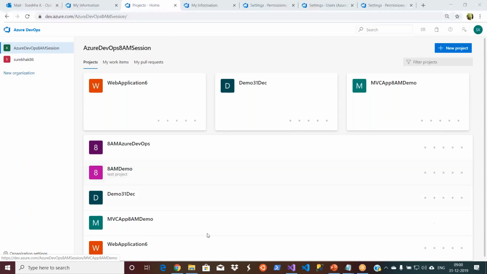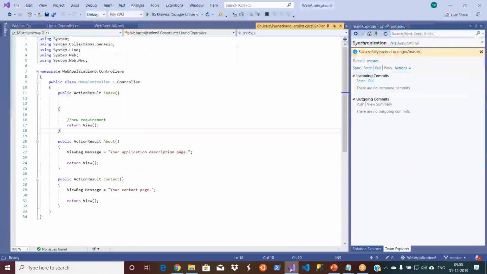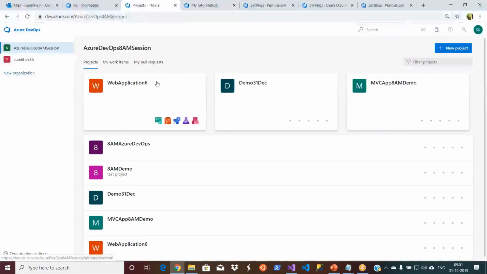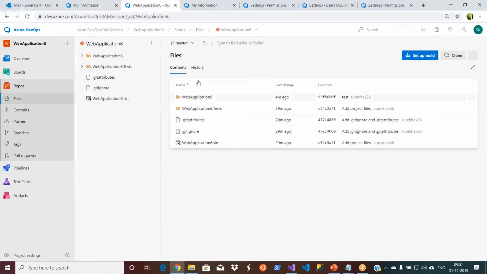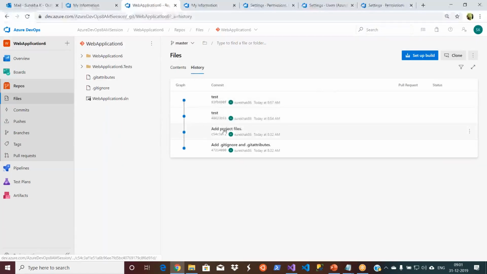Okay, let's go ahead and see some of these things. There are multiple places that you can see who pushed what. If you go to this repos, this simply shows the entire history. Let us say files. This history contains everything, and your question is how will I be able to see who pushed it on what day, right? Okay, so you can basically create a few views.